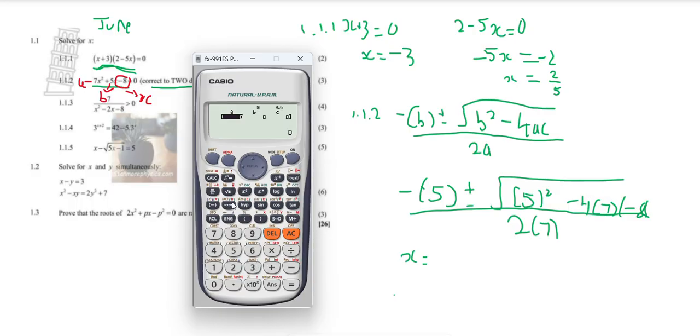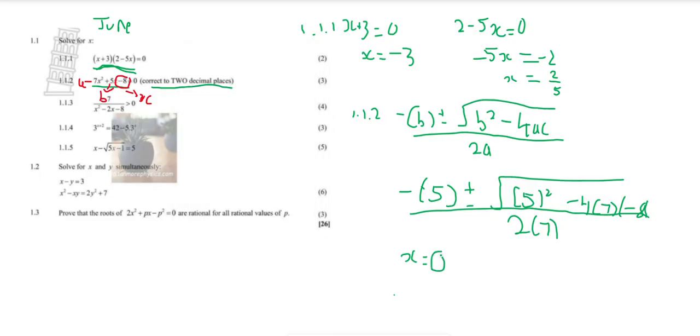We press 3. Then our a, we said it's 7. Our b, we said it's 5. And then our c, we said it's -8. Press equal to. Then once you get that, you press SD. Now remember they say correct to 2 decimal places, so look at the third number here. If the third number is greater than 5, then this goes up. But if it's lower than 5, then this stays the same. Since 9 is greater than 5, we're going to have something like